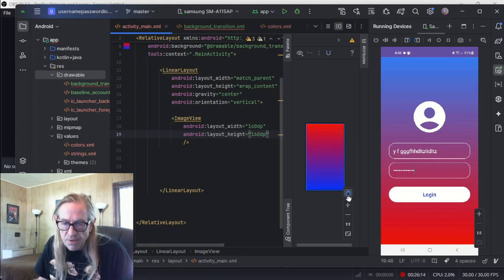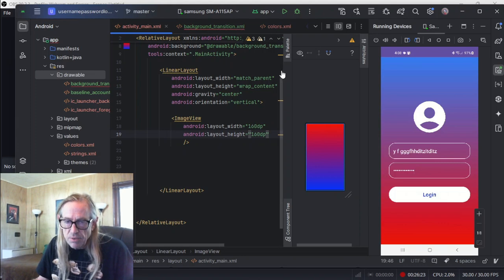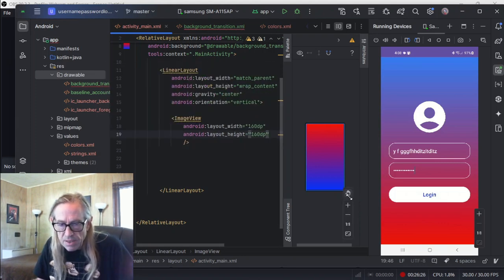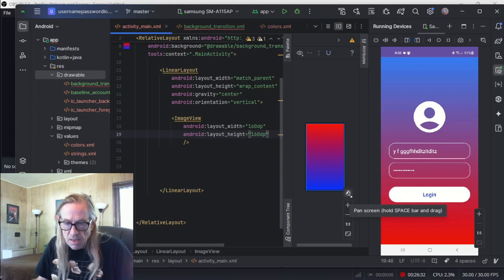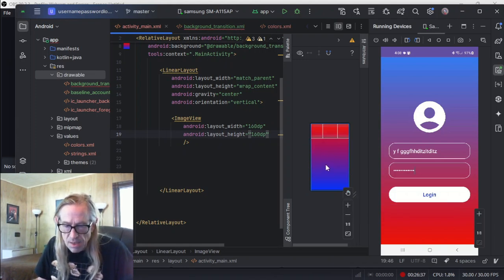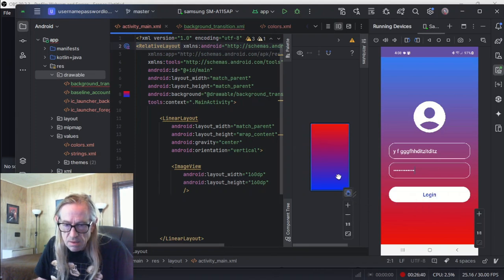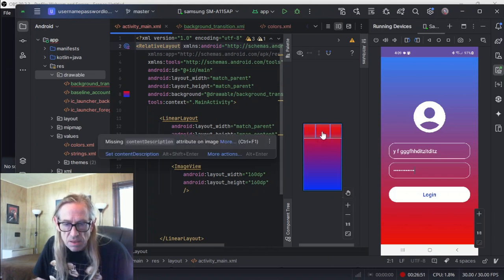Okay. Now let me tell you, if you ever use this hand here, make sure to unuse it, or else clicking other things becomes real problematic. So again, this little hand screen, hold spacebar and drag. It's the same as if you click blue. If you unclick it, you can still do it. But point is, we've got this linear layout going on with a row at the top,